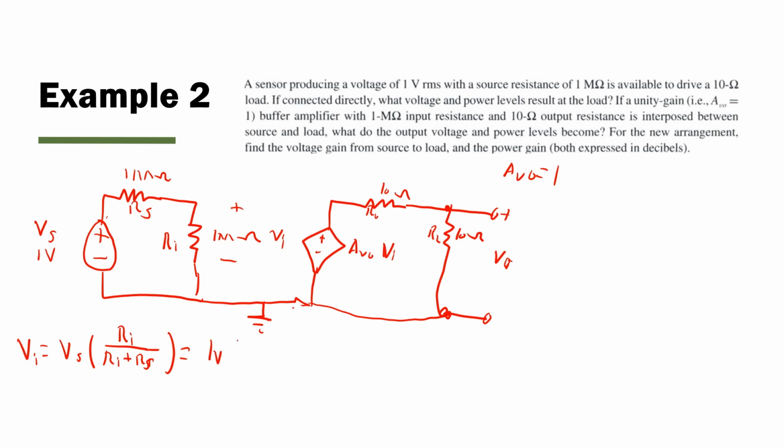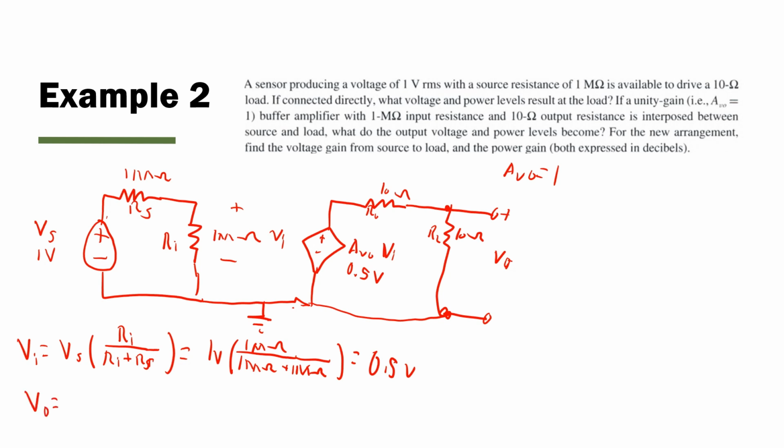So it's equal to 1 volt times 1 mega ohm divided by 1 mega ohm plus 1 mega ohm. You can see that this is just 1 volt times 1/2. So that's 0.5 volts. That means that this amplifier is providing 1 times 0.5 volts. So we're getting 0.5 volts here,